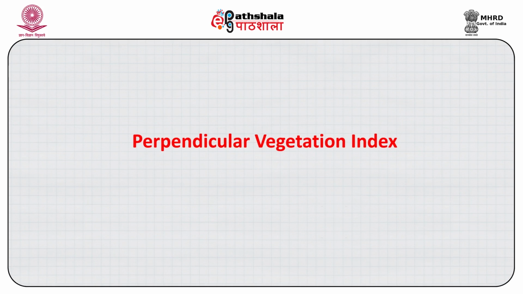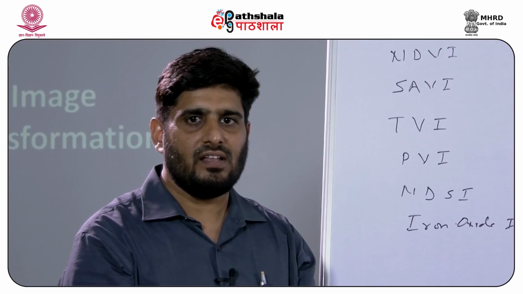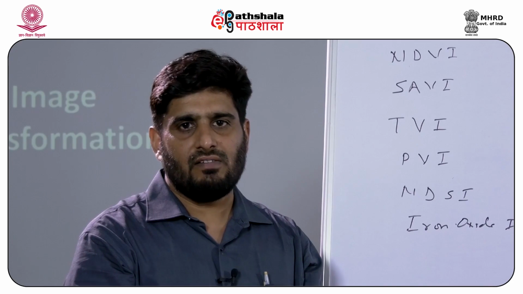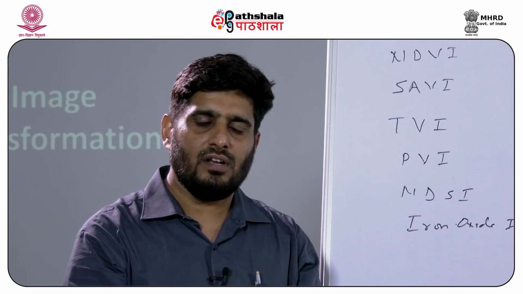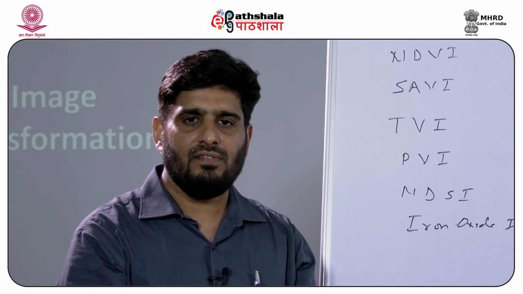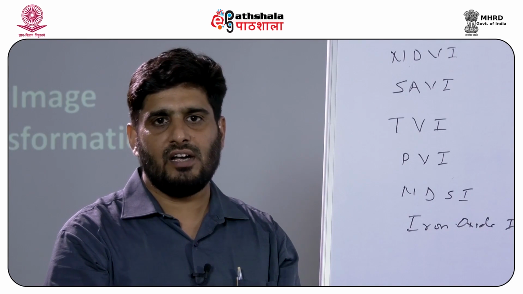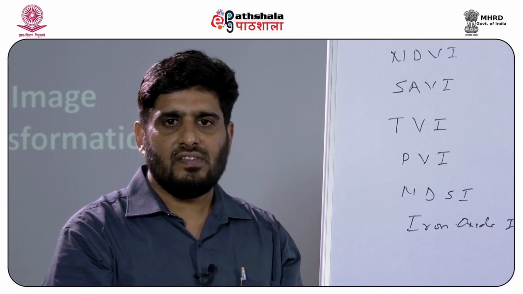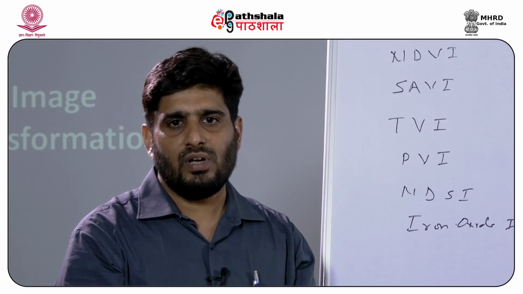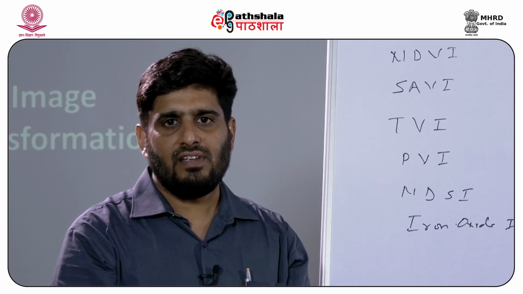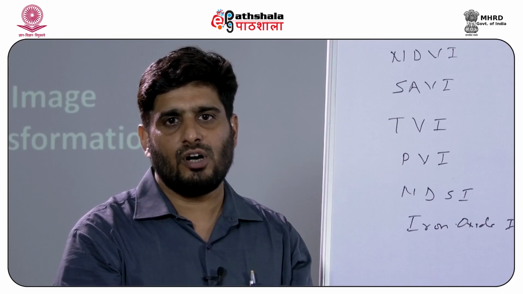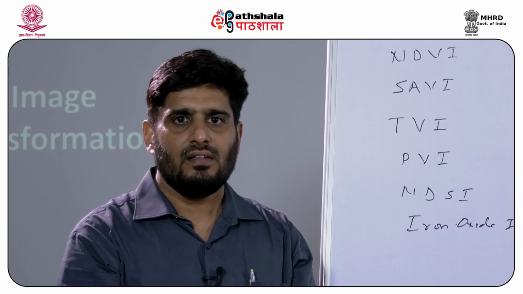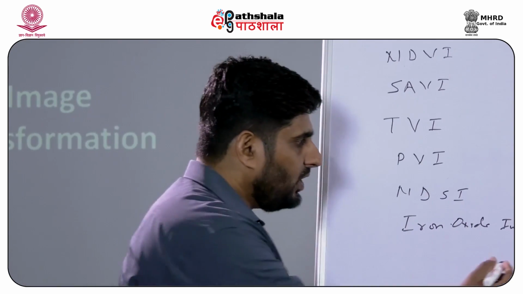So, another vegetation index that we use in remote sensing analysis is the perpendicular vegetation index. This index may be developed by constructing a scatter plot between the data available for near infrared band and red band in the image. If we construct this scatter plot, we will see that the bare soil will show a linear relationship, and as we move towards the left top corner of the scatter plot, we will go towards the vegetation point. So, if we look at the plot here,